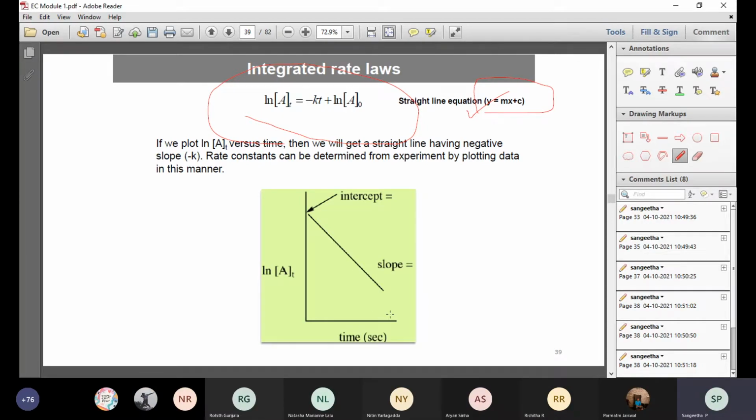Okay, so now we have this with respect to the x-axis as well as the y-axis. And then you just rearrange this equation and get back to this. This is known as y is equal to mx plus c. When you plot a graph of ln of At versus time, you get this. Anyway, this is with respect to the pseudo order I was telling you, isn't it?